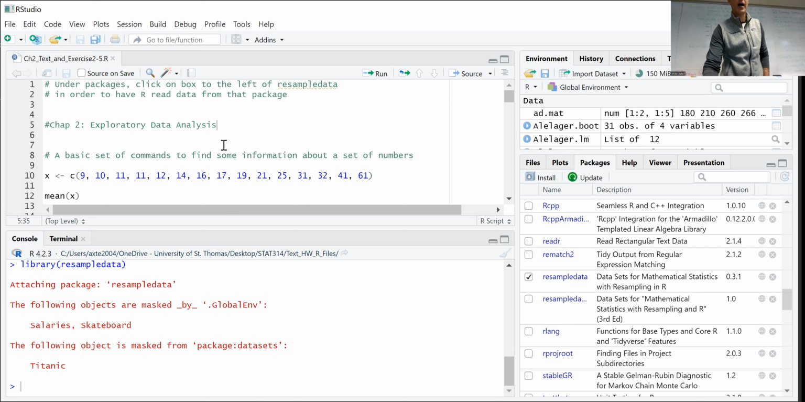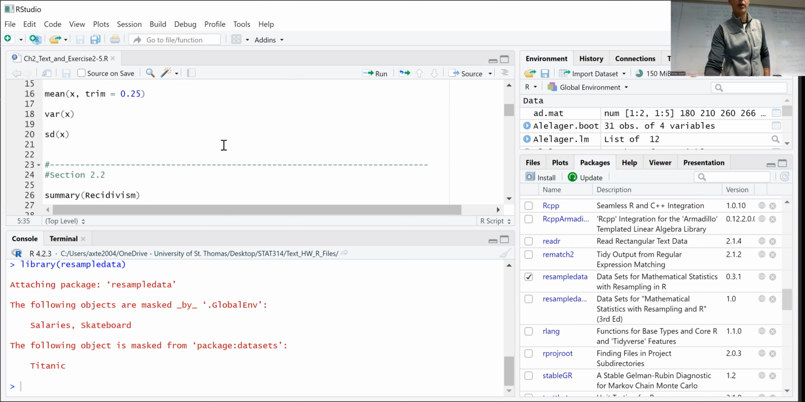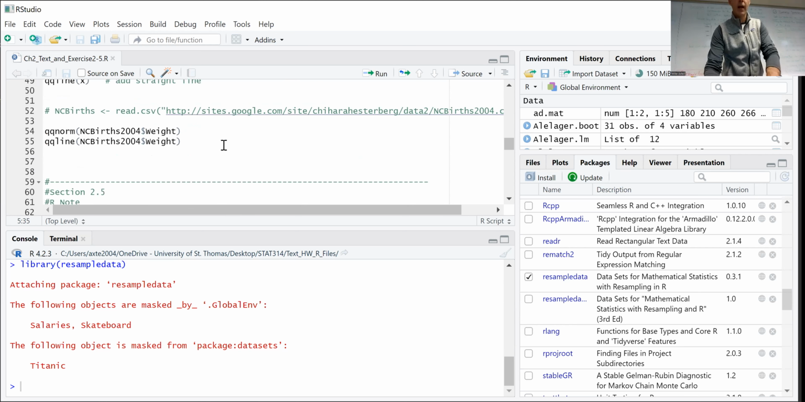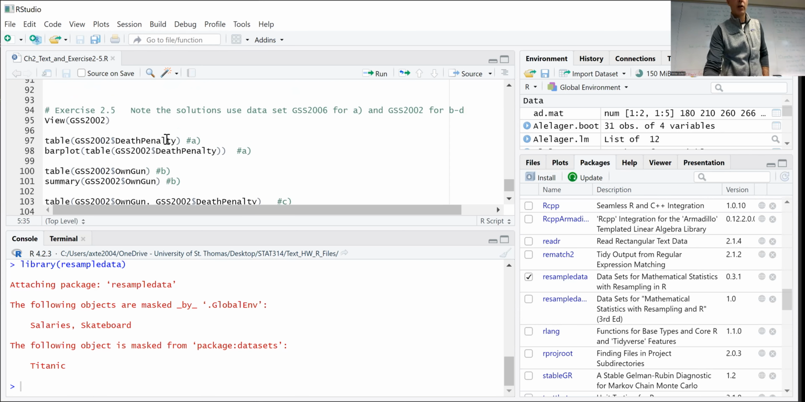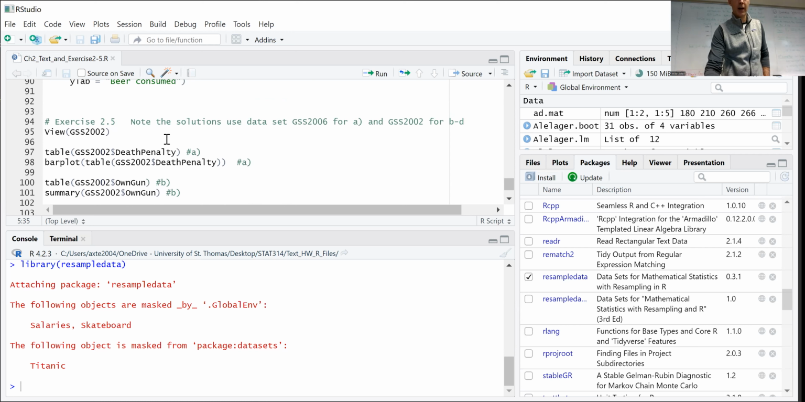And now I'm going to go to the top left. And this is where we type in our commands. Right. Now what I'm going to do is go all the way down to the end, and I'm going to look at exercise 2.5. Okay. Now, in exercise 2.5, we've got a file called GSS 2002, which is basically just a general survey